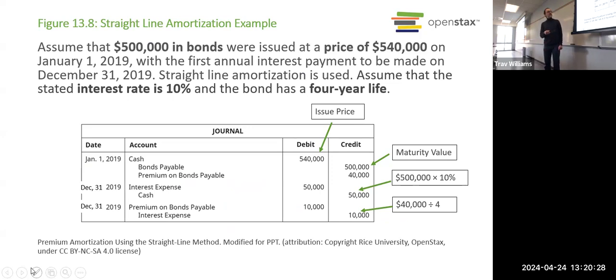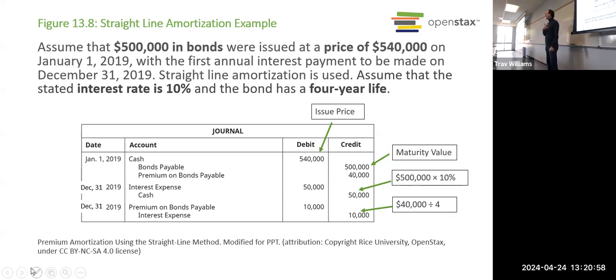In this example, the company got $540,000 for $500,000 worth of bonds. So they got a $40,000 premium that they were able to charge. And see that here is the premium on bonds payable, and the face amount is just bonds payable. Okay, so that is the journalization of the issuance of the bonds. Then when they pay interest,